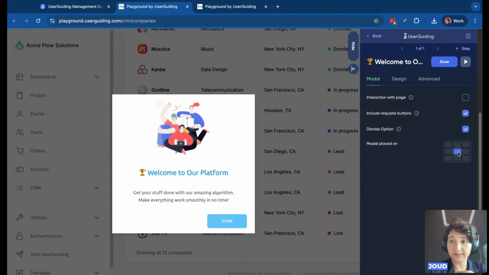And where you want the modal to be placed. Right here, automatically it's set to the center, but you can have it, for example, bottom left, and you can save it. And as a tip, you can use the preview to show and display it the exact way that your users might see it. Because we changed it here, right,